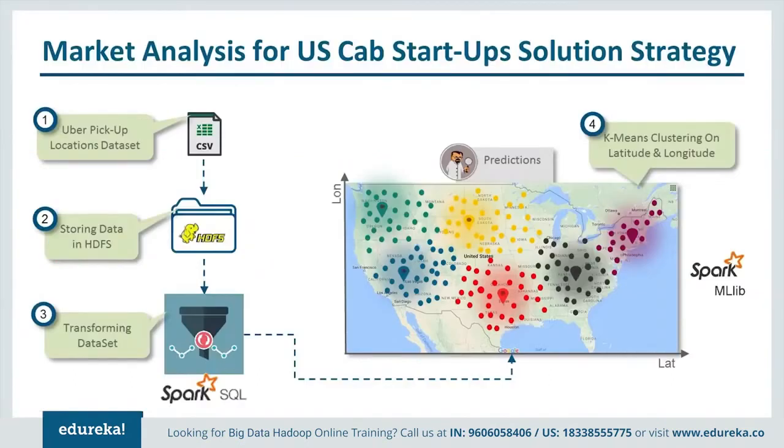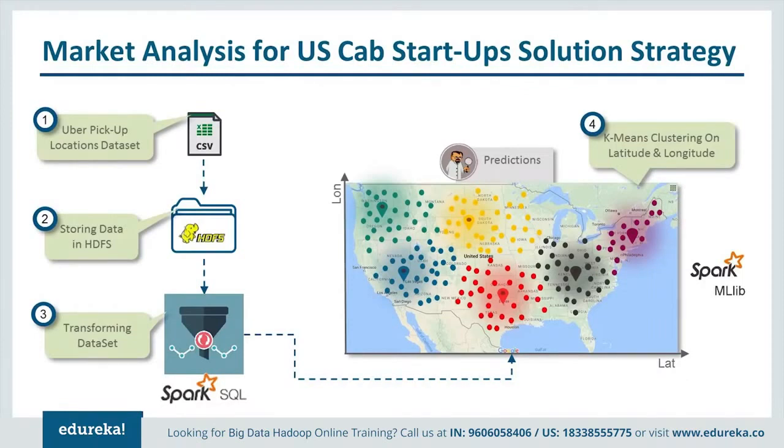So now we will move on and find out the solution for the instant cab use case. You remember that we have got the Uber data set, which contains the pickup time and the location by 2 columns, latitude and longitude, and we have also got the license number for a particular Uber driver. What we have to do is find the beehive locations. That is the point where we will find the maximum pickups, and then we will also have to find out what is the peak hour of the day. So this was the entire strategy.